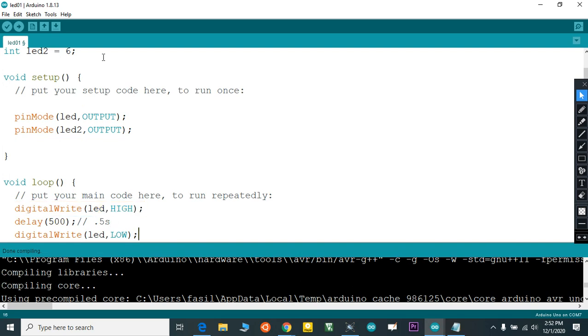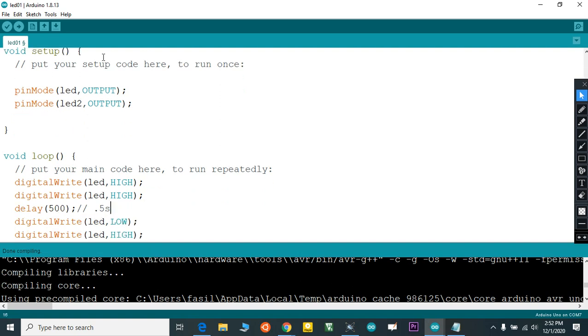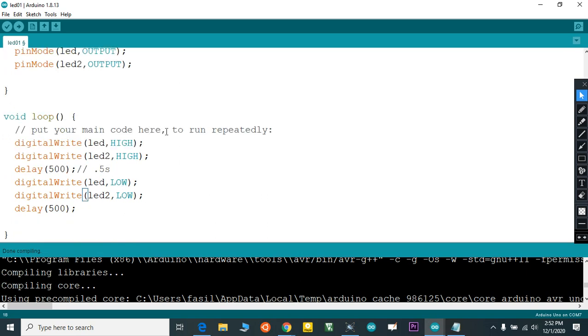Control C. See, I follow the same procedure.